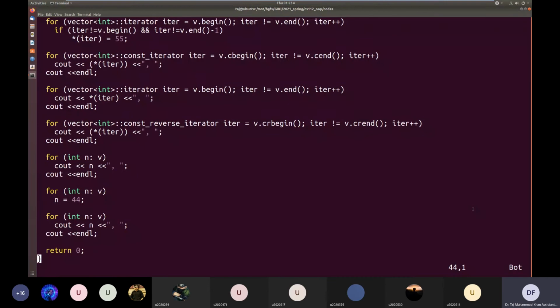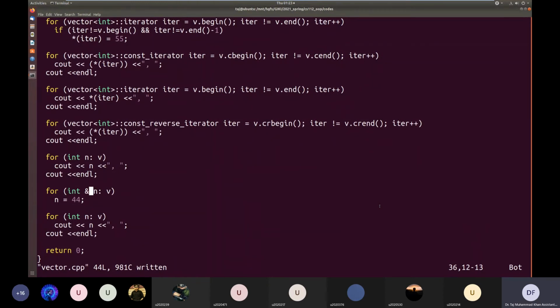So how do we do it? If we want to change the elements of the vector, instead of using a copy, we use a reference. Okay. So this way, n is not now a separate variable copy, but n is a reference variable. And a reference variable, as we know, does not exist independently. A reference variable is always bound to some other variable.